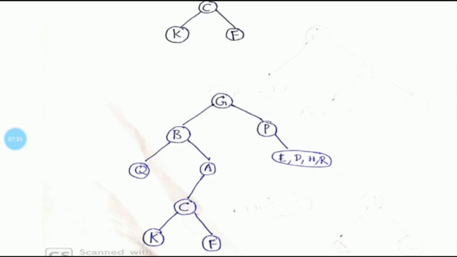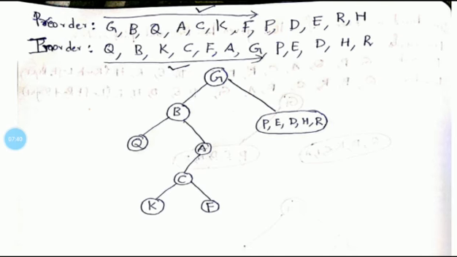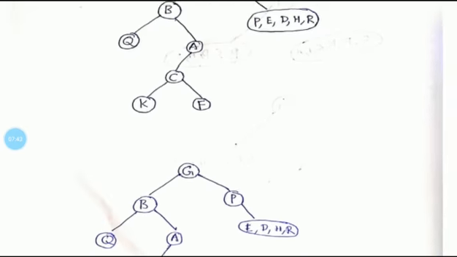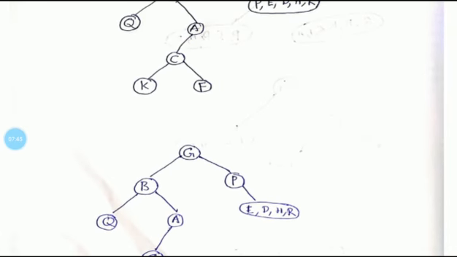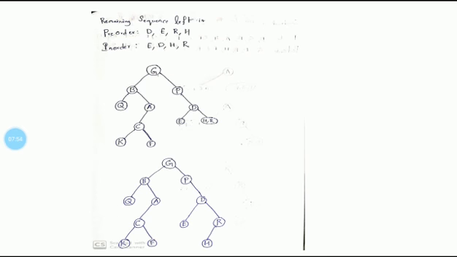And for P, there must be a left or right in general, but here in the in-order sequence, to the left of P, nothing is there, but to the right of P, EDHR is available. The same is written like this, EDHR. Out of these four elements, the remaining sequence that is left is, in the pre-order, DERH, and in the in-order sequence, EDHR. So these four elements are only left.